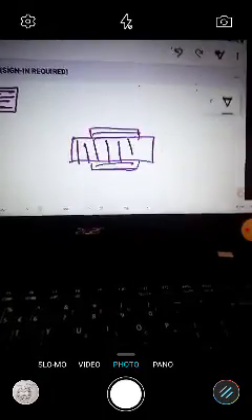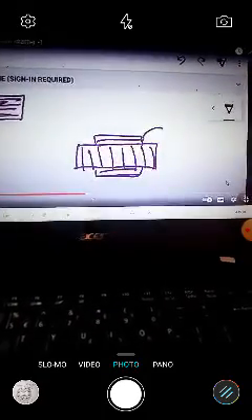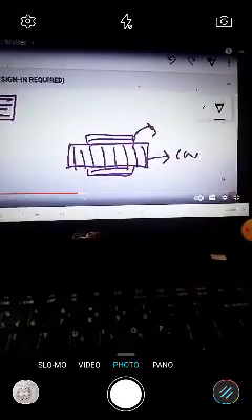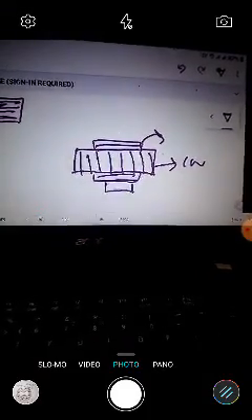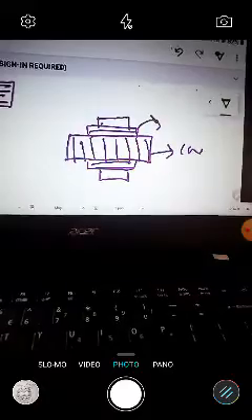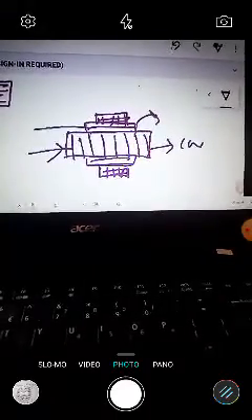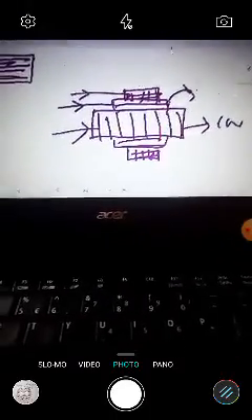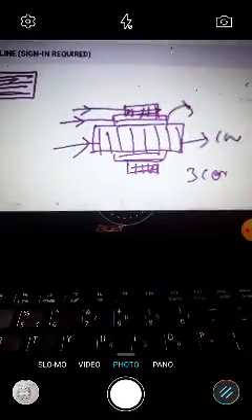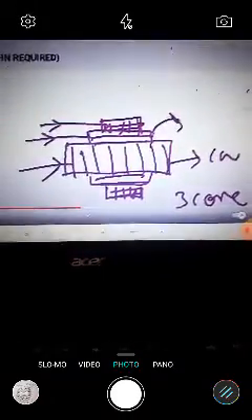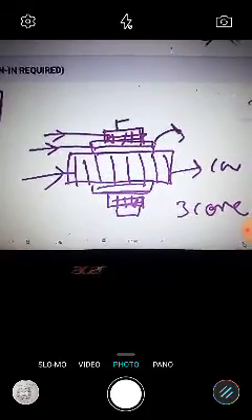How we draw the hatchings, how the hatchings are drawn. For this we have a particular dimension, and how we can draw the dimension. Is it a single step, or a two step, or a three step? For a single step there is one dimension, for a two step there is another. In the question it will be clearly shown whether it is a single step transformer or a three phase transformer. That we can see particularly. Okay, three core or single core, or how this is located.